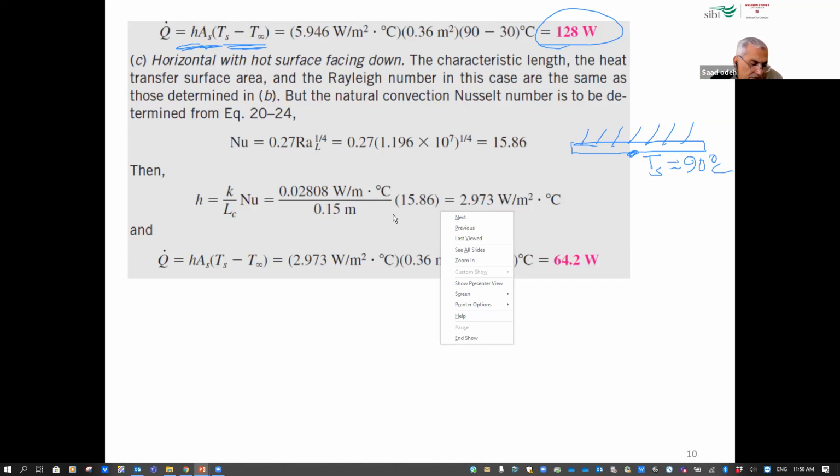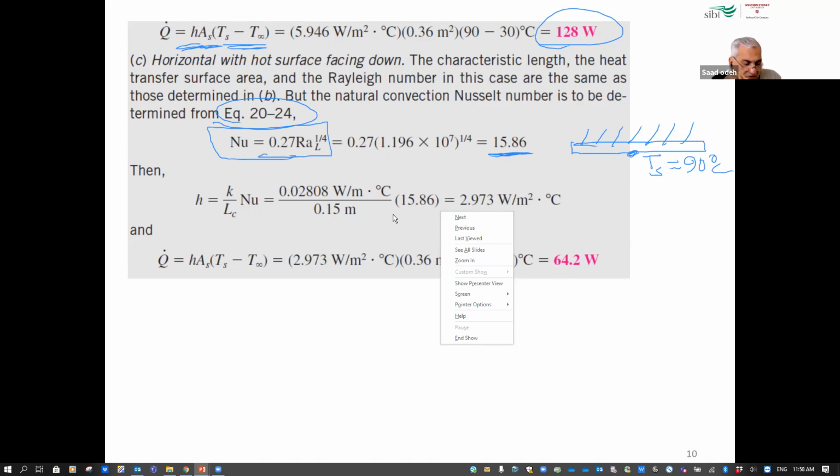Now, natural convection is to be determined from this equation, or we can go to tables. Remember the table, if you have the range of RAL, we can find the equation for the Nusselt number. Okay, and from this equation, we can find the Nusselt number again, 15.86,